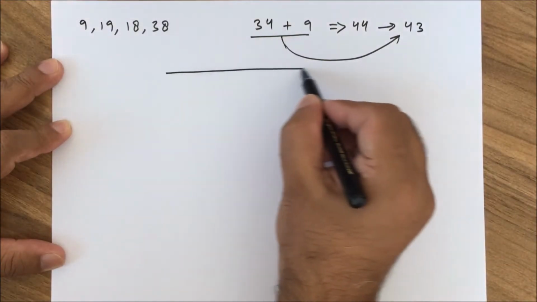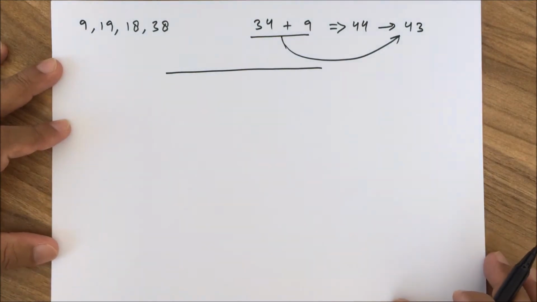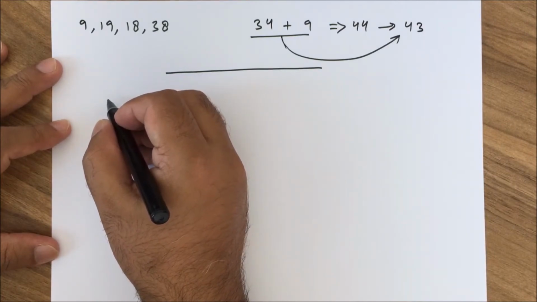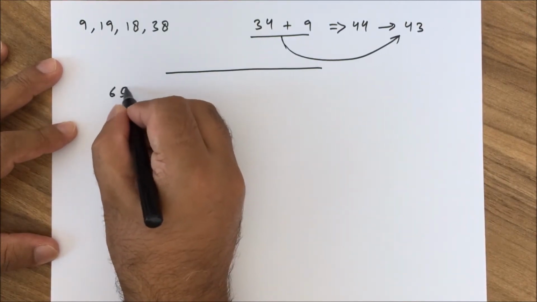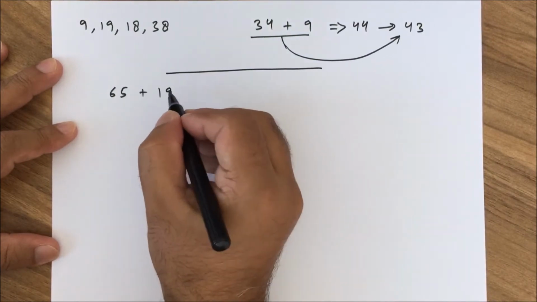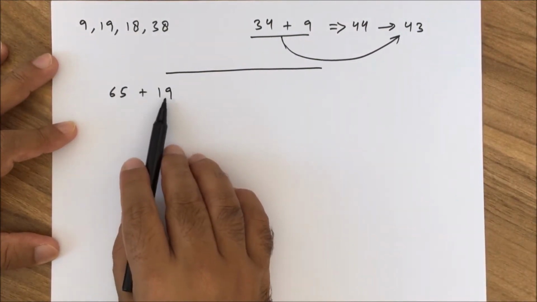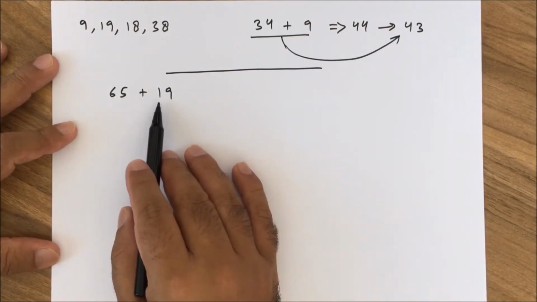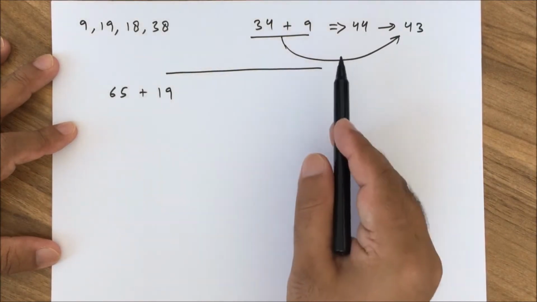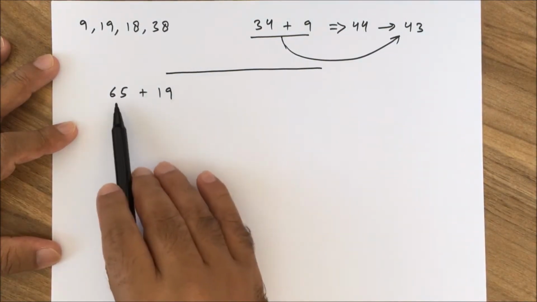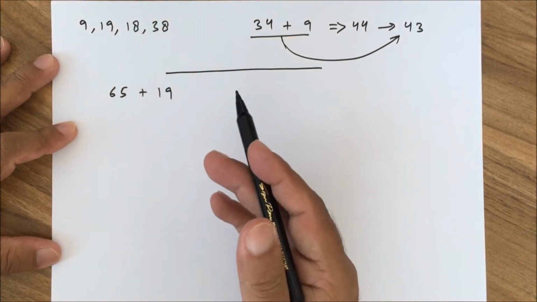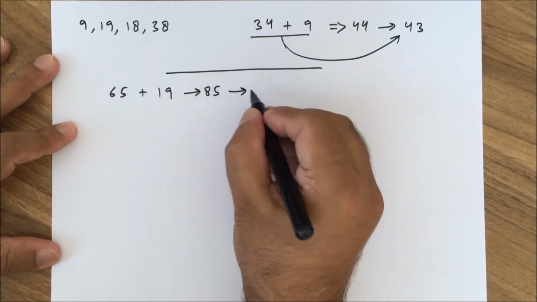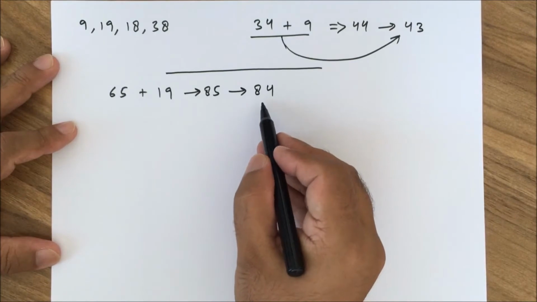Okay, so if we add big numbers, not only 9, let's say 65 plus 19, we want to do this sum. 19 is close to 20, so 65 plus 20 is 85. Why? Because in 10 you have to jump once, and in 20 just jump twice. This is 65, so 75, 85. 85 should be in your mind, and then take away 1 to make it 84. That will be your answer.